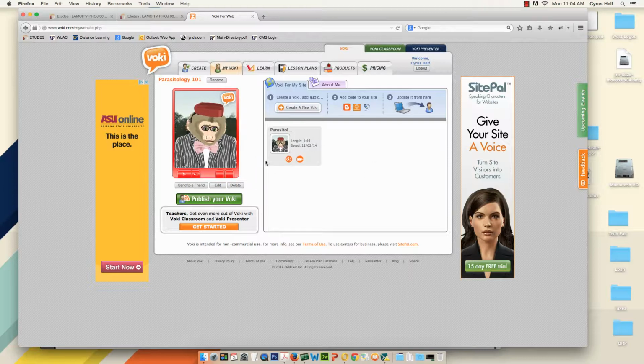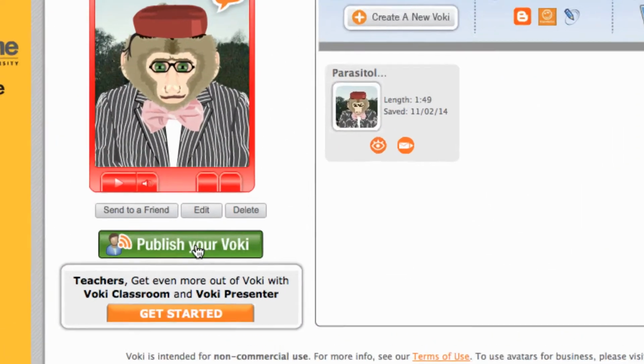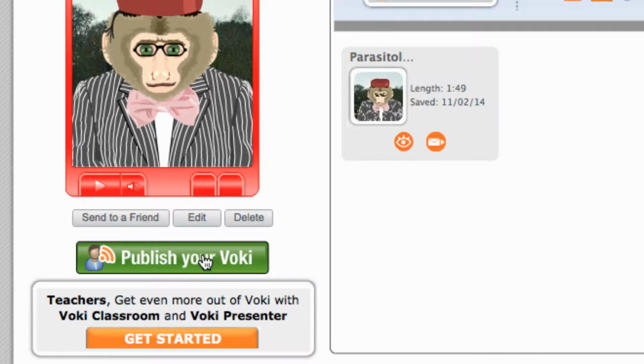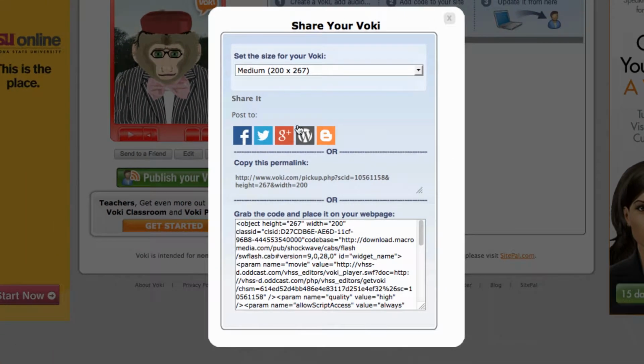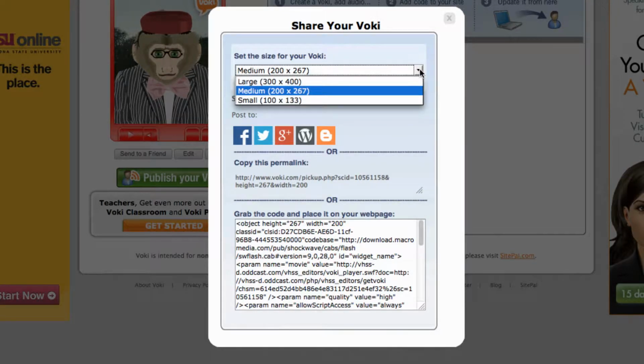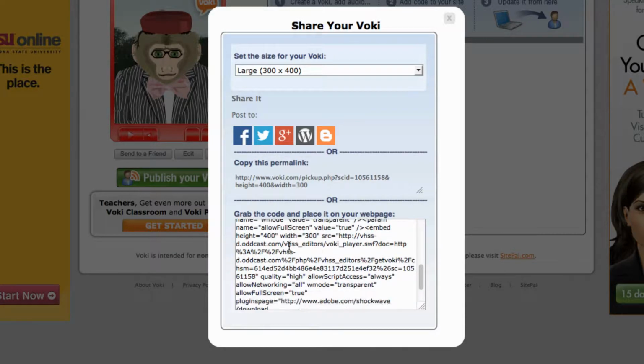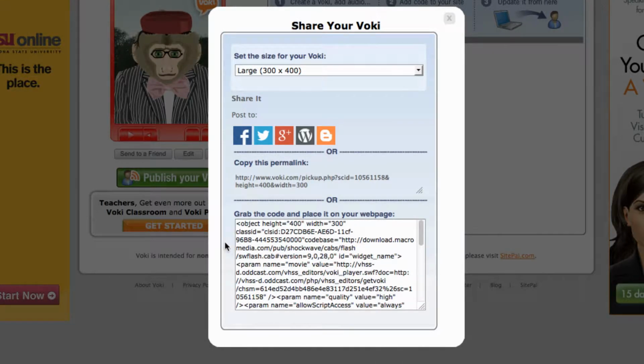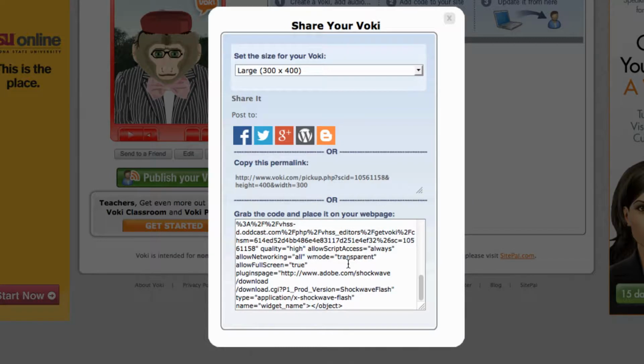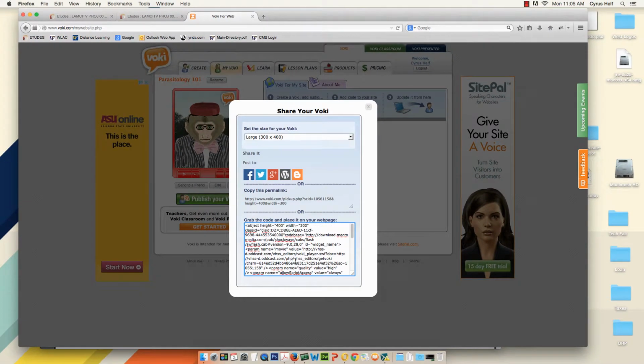So I'm on my Voki page. I'm going to click Publish Your Voki, and this is going to give me different sizes if I want. I'm going to try large out. And then this giant code here, this is bigger than a normal embed code, but I'm going to go ahead and click in here. And then if you click on the keyboard, Option F or Control F on a PC,